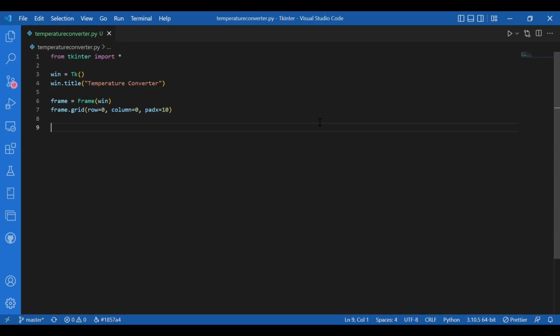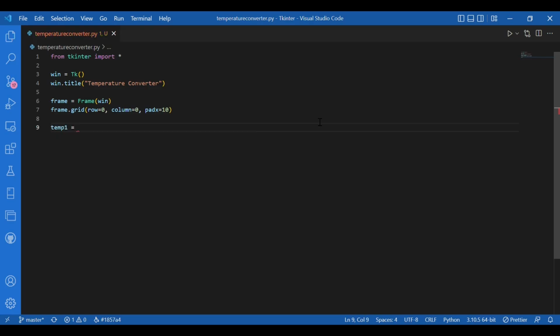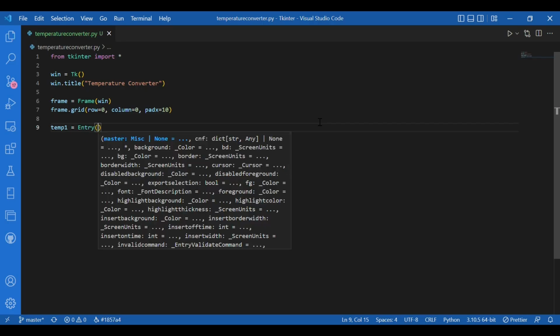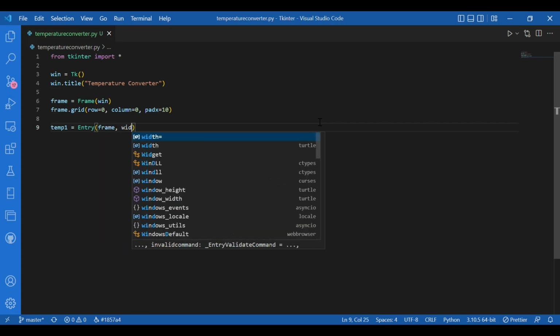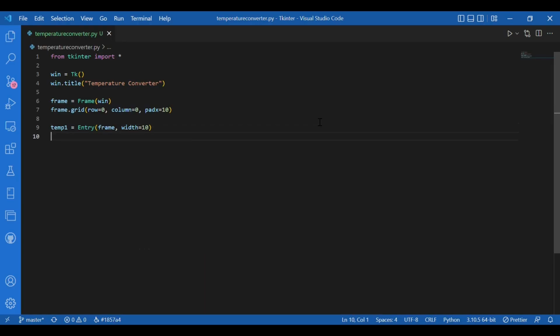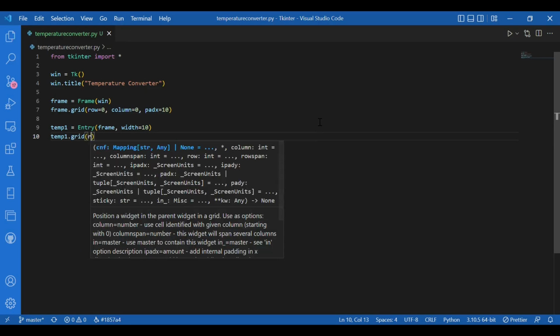Then I'll get that entry widget, that text box. How do I do that? I'll write temp1 equals entry, so that would allow the user to enter any text into that text box. Okay, and for the arguments, where do I want it? I want this entry widget on the frame, so I'll write frame, and width, let it be 10. Cool. Then I'll use grid. I'll write temp1.grid, row equals 0 and column equals 0,